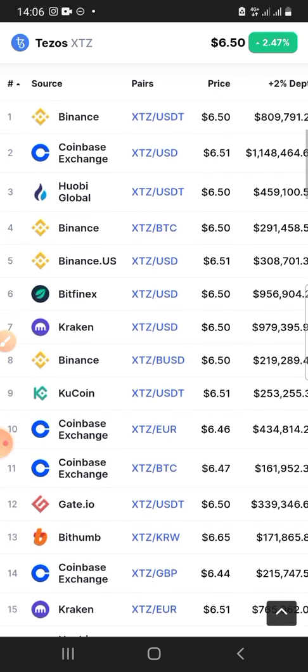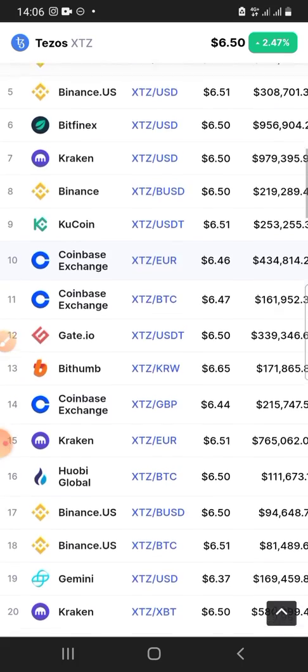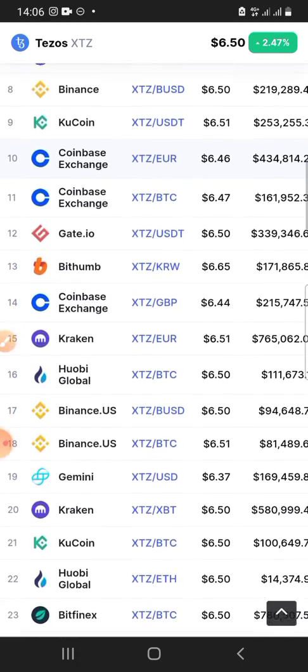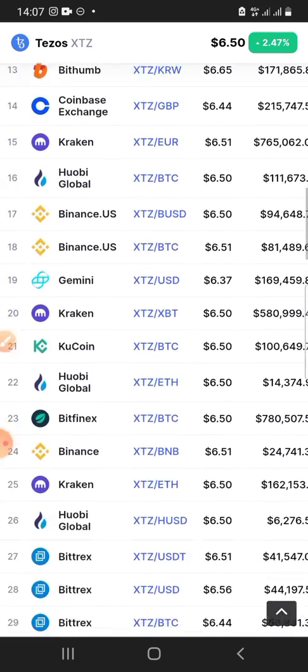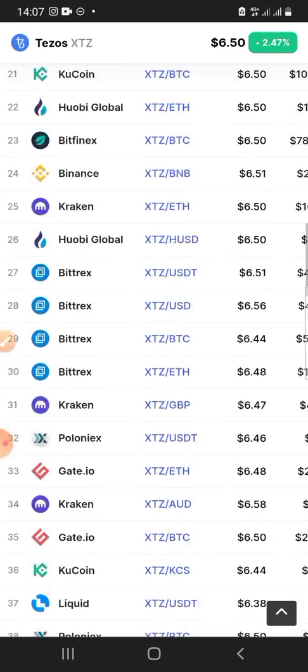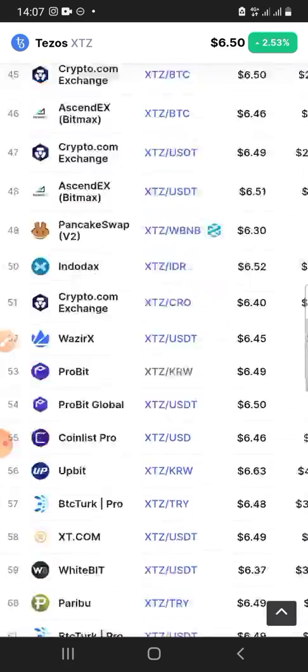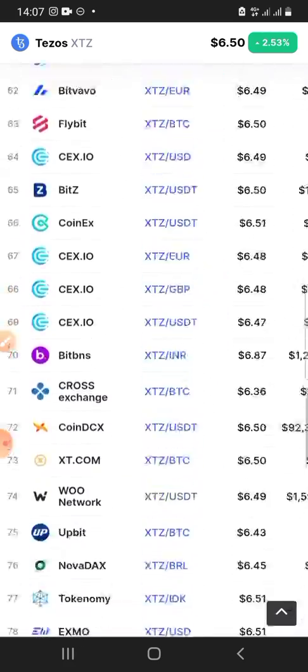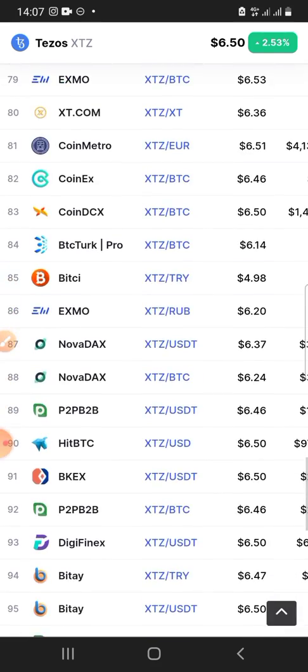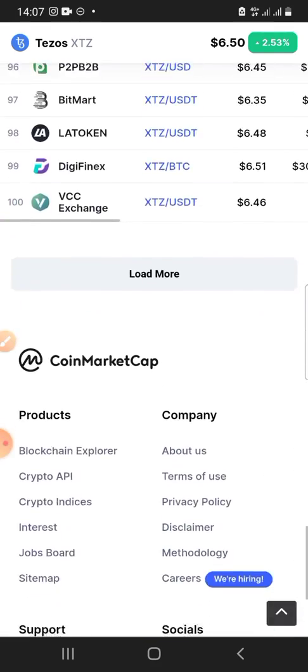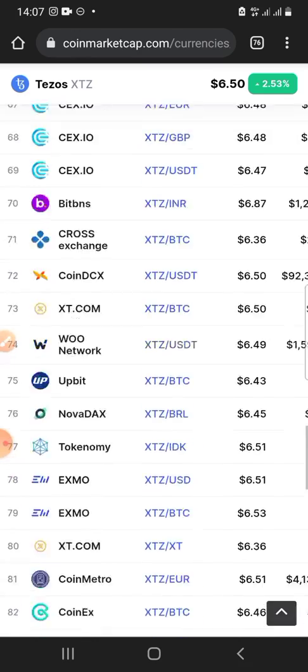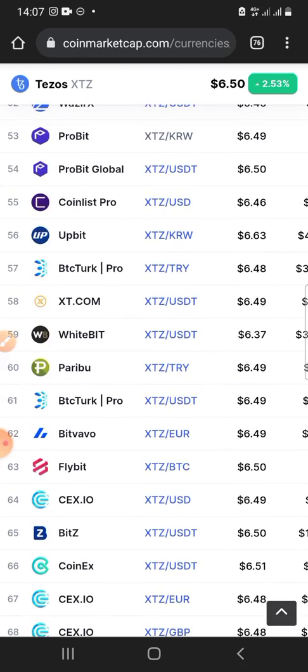So looking at this list, we can see that Tezos has a really long list of exchanges, and this is a good indication, okay, because anytime you're ready to liquidate whatever you buy or sell, you have a ready market to do that. Okay, so that is the first thing.